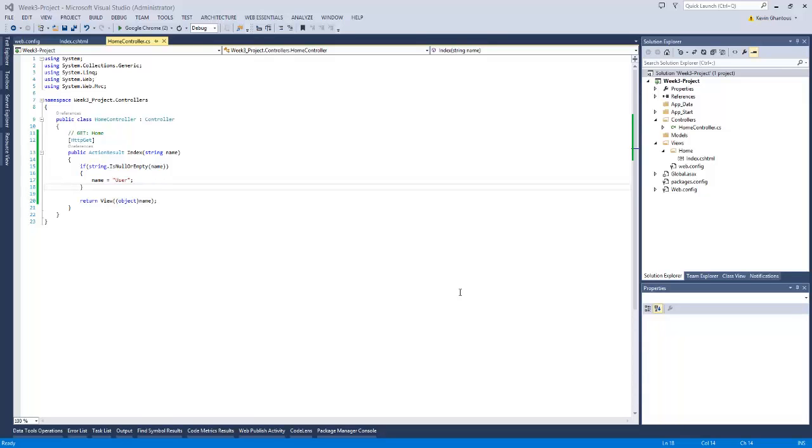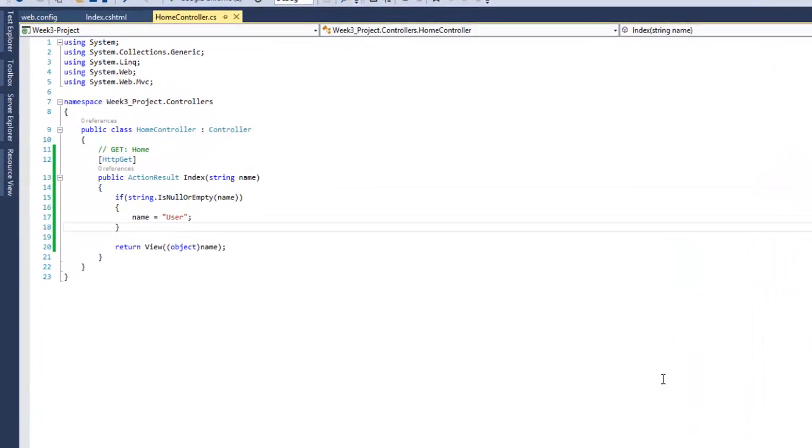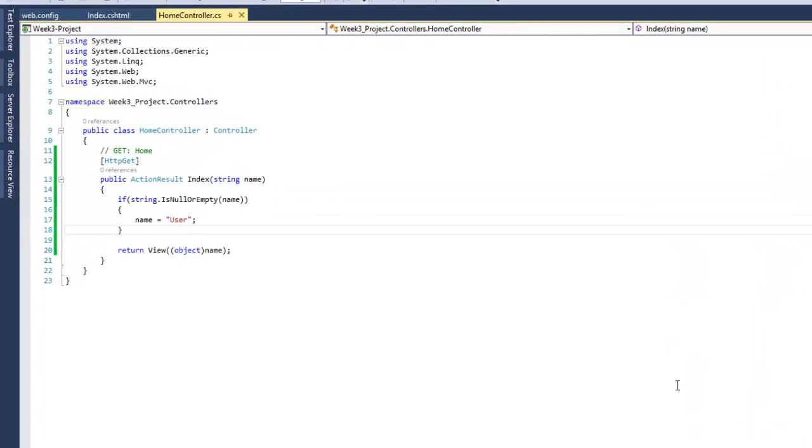In this video, we'll be looking at complex model binding, including the ability to pass multiple parameters into a controller action, and then the use of a model view or class for actually capturing multiple input parameters for an action and allowing the MVC framework to do that binding all for you pretty much automatically. This will be the last step before we actually look at doing multi-form submissions and doing basic input applications and